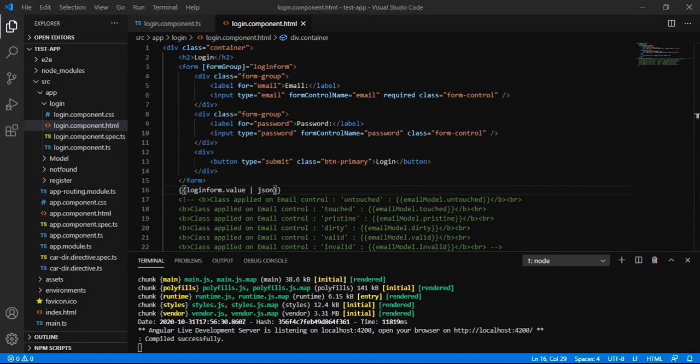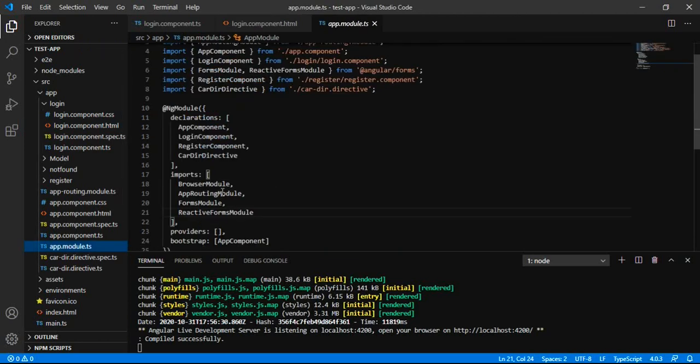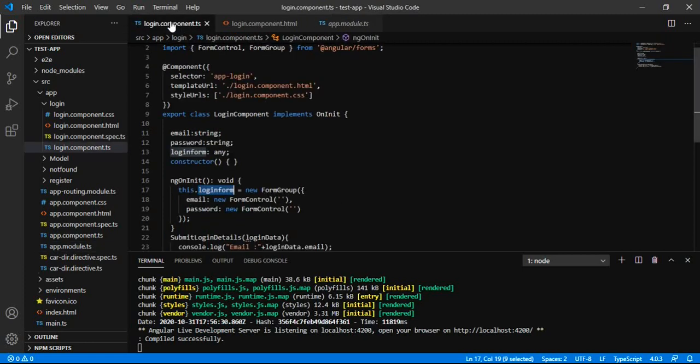So what we have basically done is, we have simply gone through the app.module.ts and imported the ReactiveFormsModule and added it to the imports array. The ReactiveFormsModule comes with a lot of classes and directives that are necessary to create the reactive form, and the two main classes used to build up the reactive form are the FormGroup and the